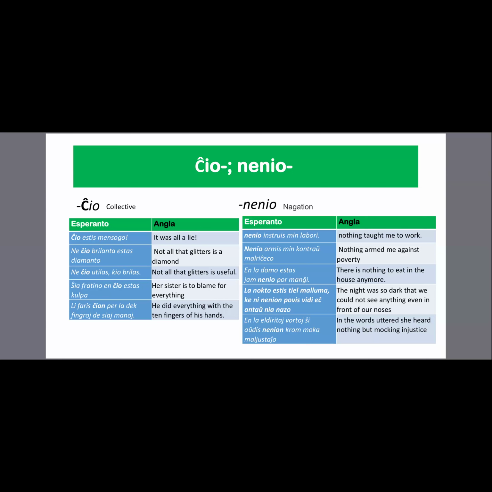Nenio instruis min labori. Nothing taught me to work. Nenio armis min kontraŭ malriĉeco. Nothing armed me against poverty. So you can see nenio when you say, I can say, maybe I can ask,